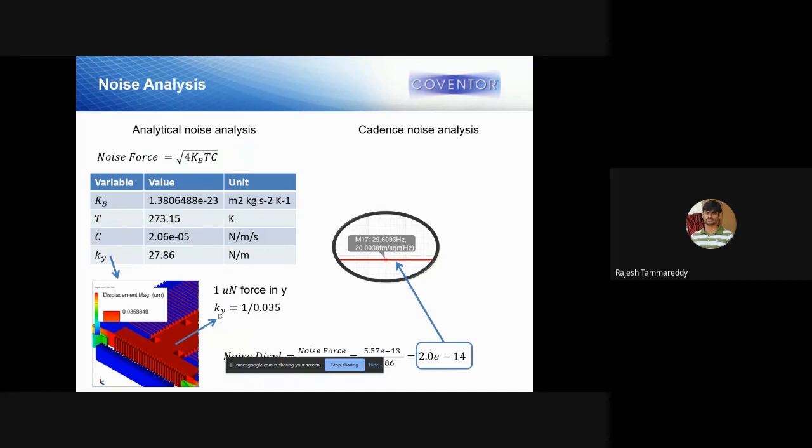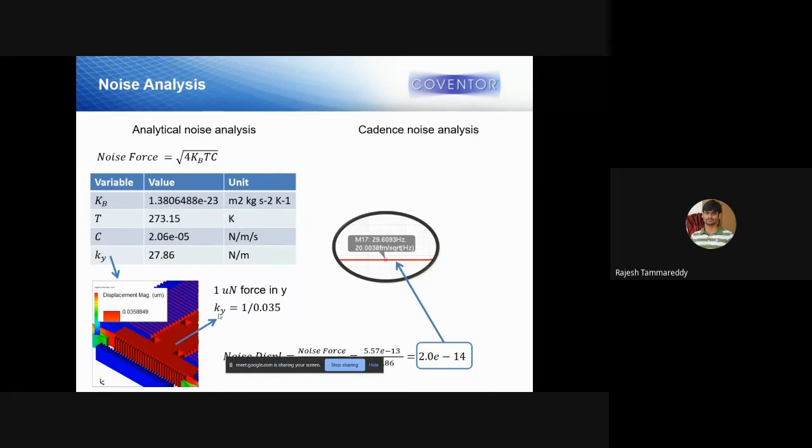This is the analytical equation matching with your simulation results. Here, this is the noise displacement. Until this deflection, whatever happens in the model is considered noise. It can only detect anything above this. Similarly, this is the displacement, right?